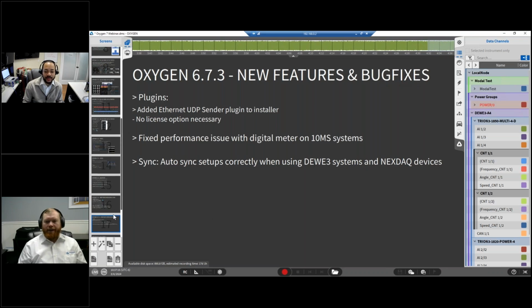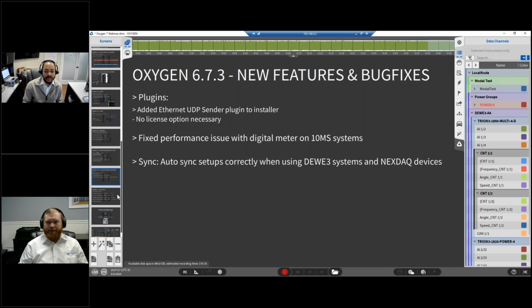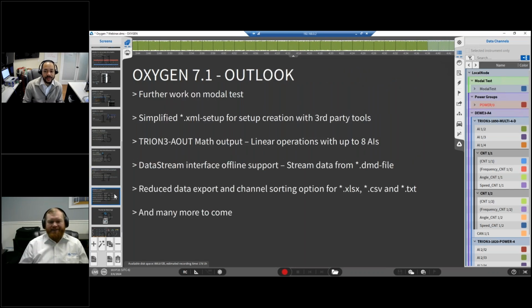Okay, very good. And just to wrap up here, we always like to give you guys a little teaser. So with Oxygen 7.1, we're going to be having some additional information with that. Christoph, what's a quick rundown here of the 7.1 outlook? Yeah, so there's a lot to look forward to. We're always looking forward to the future. So with the next release for 7.1, we have further work on the modal